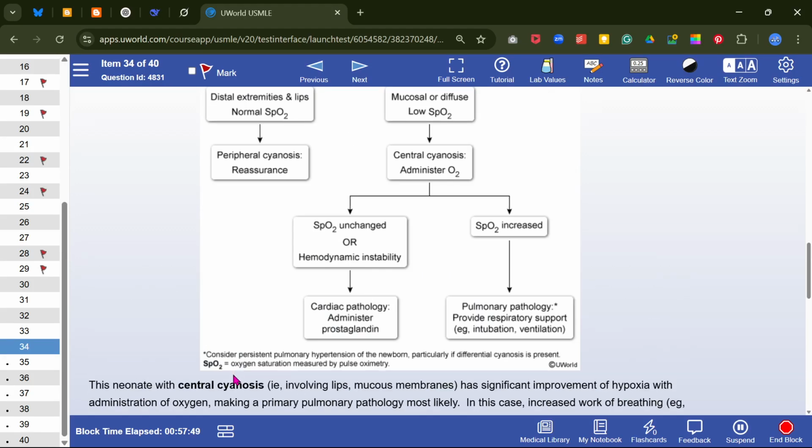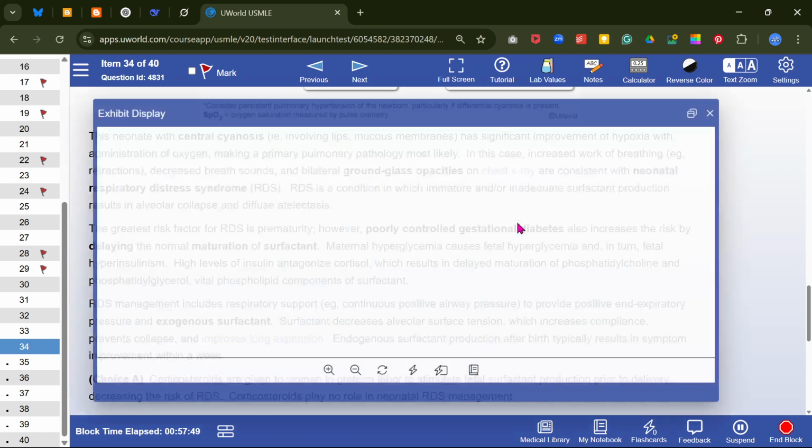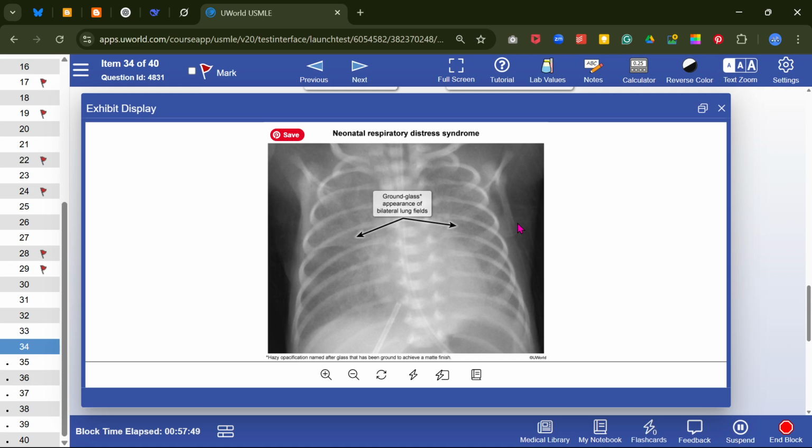What is your diagnosis? Yes, it is RDS. Look at the X-ray, the ground glass appearance on bilateral lung fields. In the next X-ray, in this X-ray, I do not know. It's not typical ground glass. Okay,